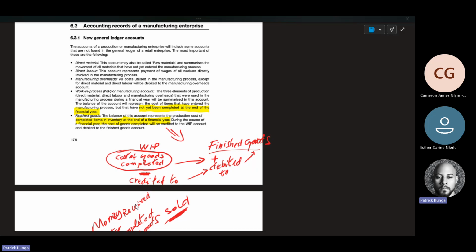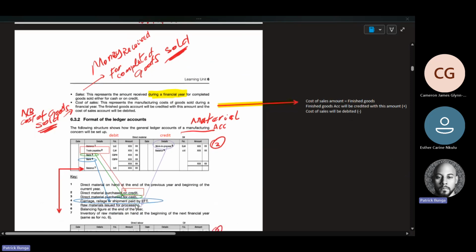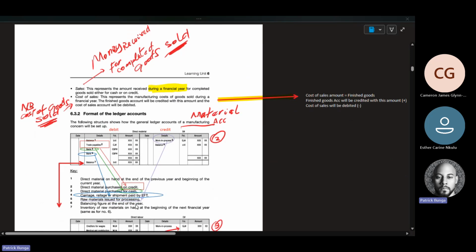Which is the main manufacturing account. So now there is a ledger, because you need to know what is coming in and what is going out. Money is going out, material is coming in. And that material is then allocated to the work in process, right? So you have these three important accounts. You have the direct material, direct labor, as well as the indirect material, or anything that is indirect, which comes into your manufacturing overhead, right? These three things